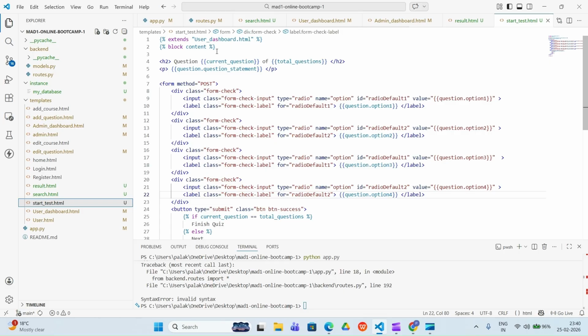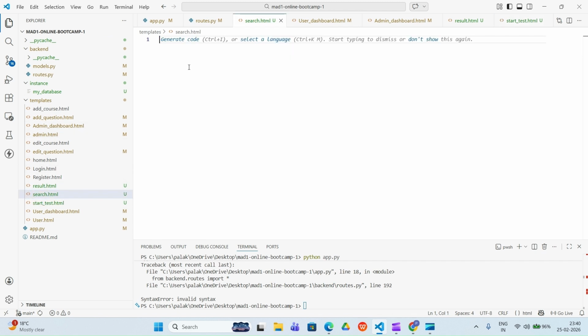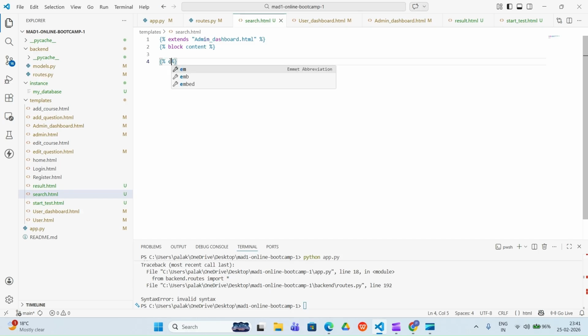So we'll just copy this, and then we can just paste it here, this search.html. And here, instead of having a user dashboard, we need to go to the admin dashboard. So we just remove this part. Admin user can only we delete, and we can write here admin dashboard.html, and then after we can come here and we can write end block. Okay, and then after we can come into it, and here we can just define the things.